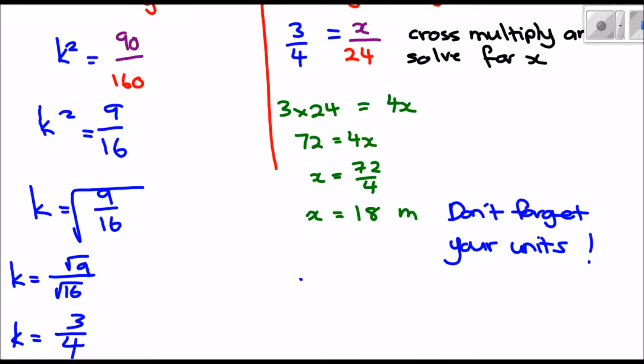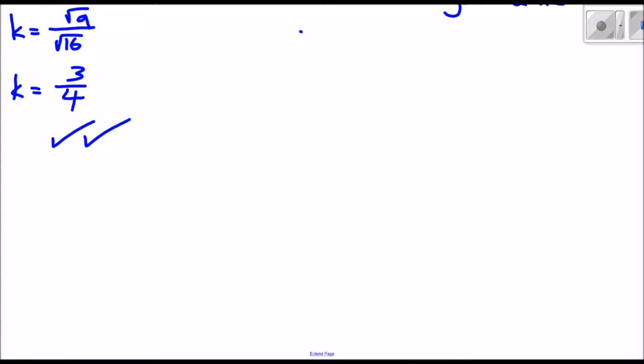One thing to note as well, that remember when we're finding square roots, so square root is positive and negative answers. So square root of 9, there's positive and negative 3. Square root of 16, there's positive and negative 4. But in this context, we're talking about scale factor, and we're not allowed to have,